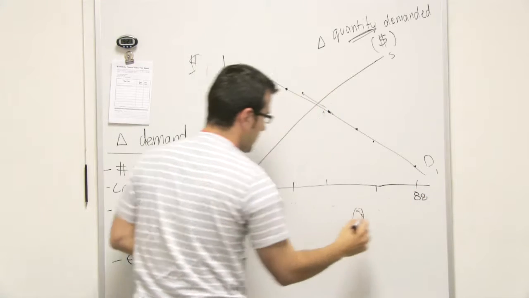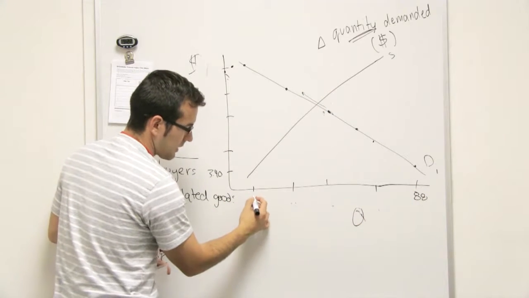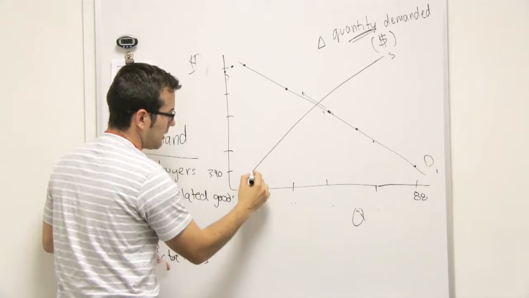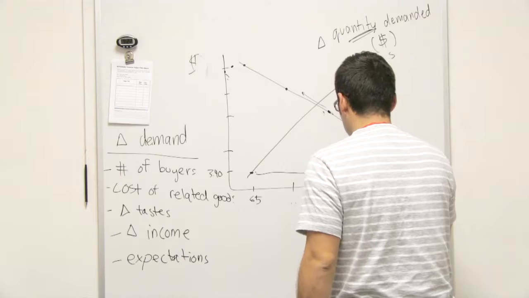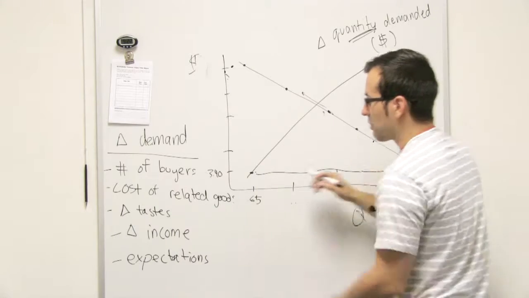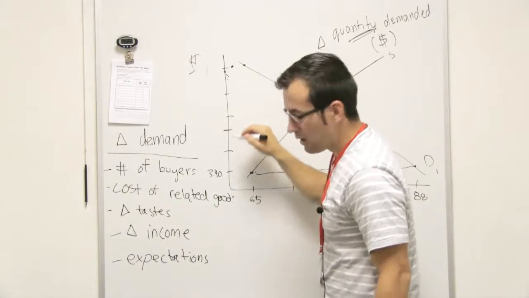88, but only what did it say? 65 are being supplied, right? So you can kind of see right here, this is your area right here. That's a shortage. Okay. All that area is a shortage,